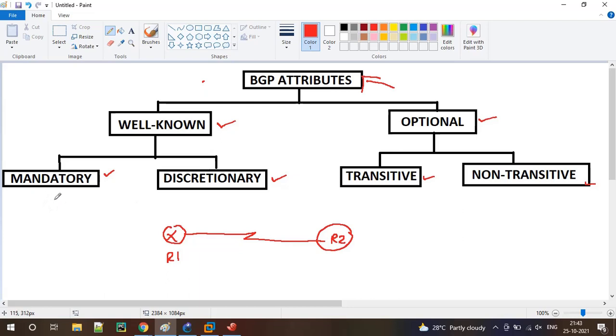Under well-known mandatory, a few attributes fall under this classification: AS path, which we discussed in our previous videos, next hop, which is again a well-known mandatory attribute, and origin. Origin has three different values: I, E, and question mark.